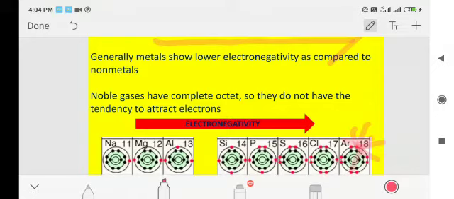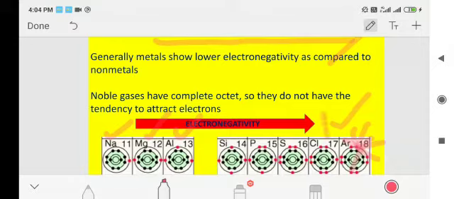Okay. Now again, sodium has one valence electron, magnesium 2, aluminum 3. As we move across a period, metallic character decreases and non-metallic character increases. These points I have explained already and sent the video, so I am going fast here. So while you move across a period, you can see the non-metallic character increases.